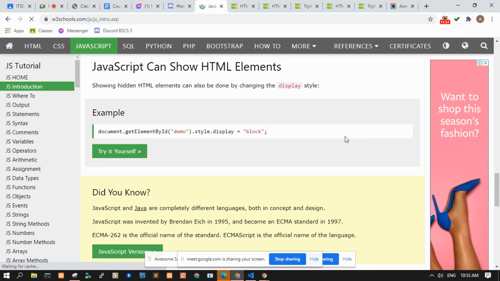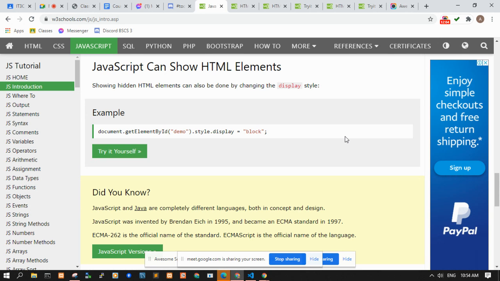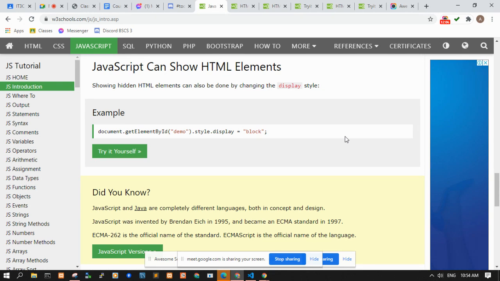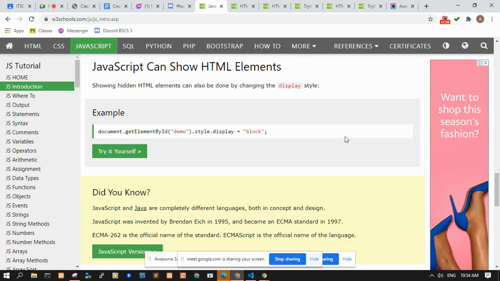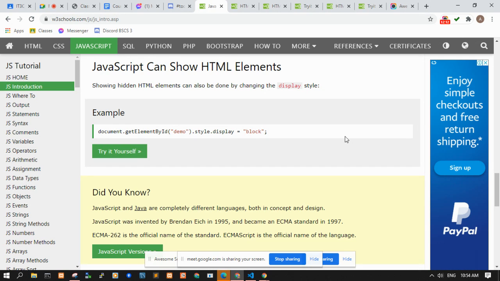JavaScript can manipulate almost everything that you see in your browser. Okay? It can hide the content, show, create, insert, and remove. JavaScript can fetch data from a web server and display it in your web page.